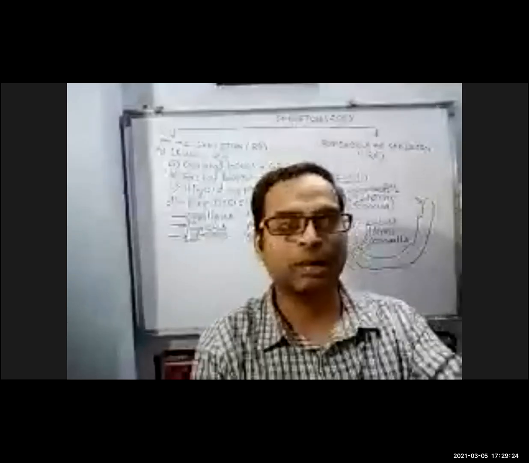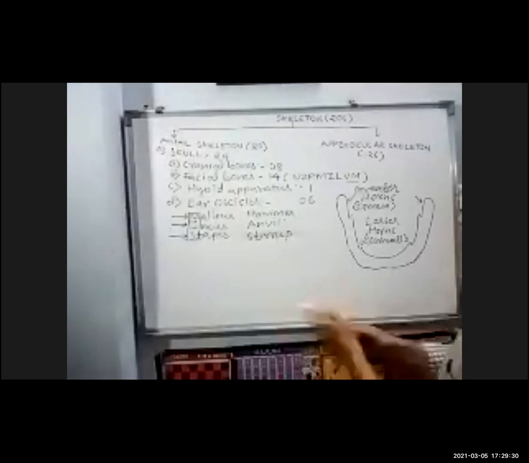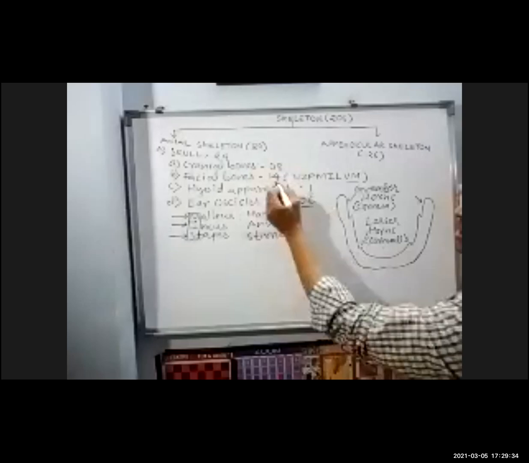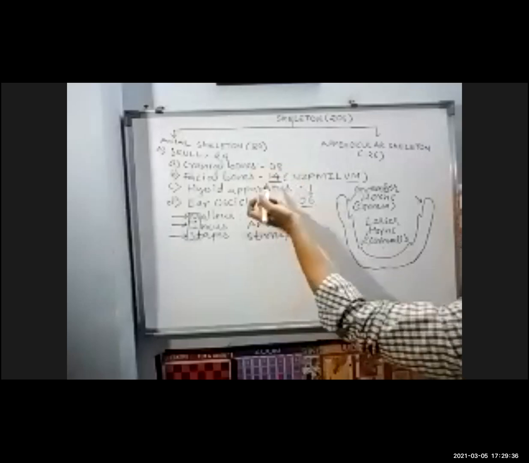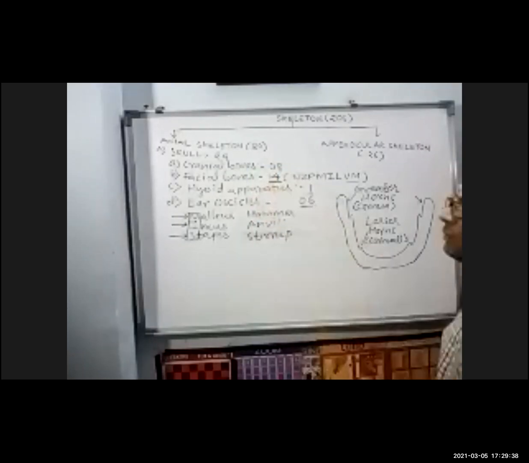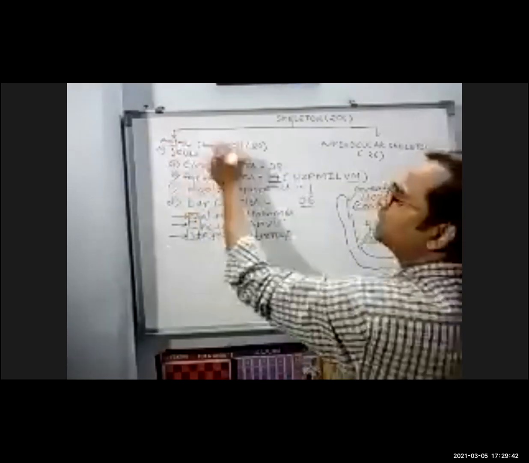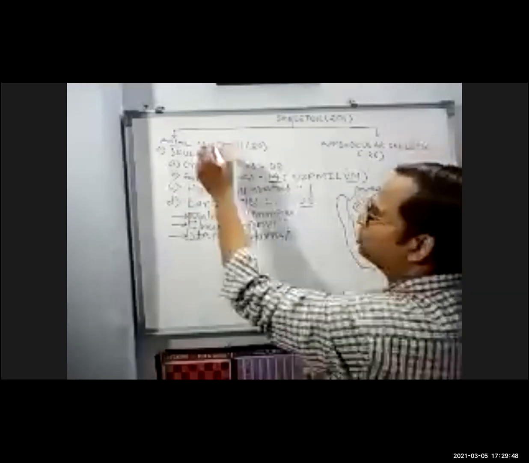Let's move ahead now. So total 29 bones we have studied so far. Correct? Which 29 bones? This 6 plus 1, 7, 7 plus 14, 21 plus 8, 29. So this was the first part of our axial skeleton, where total 80 bones are there. Out of 80 bones, we have studied only 29 bones so far.